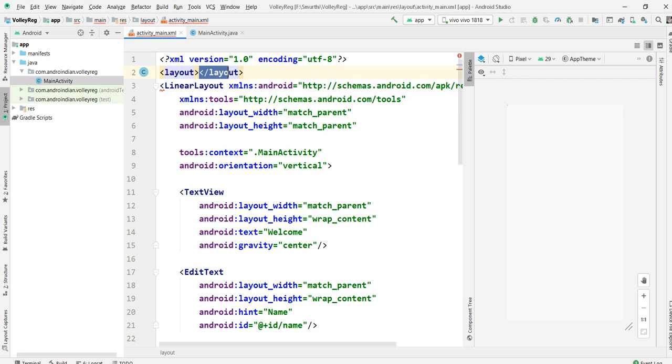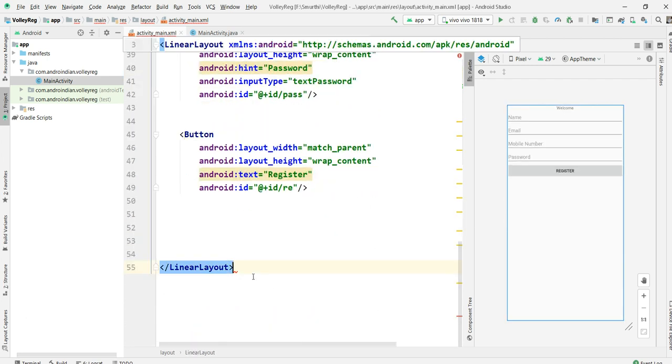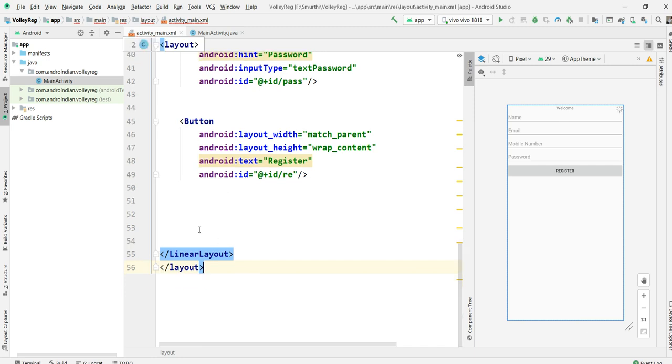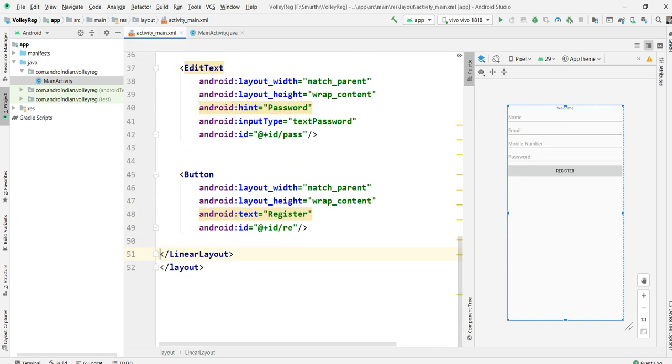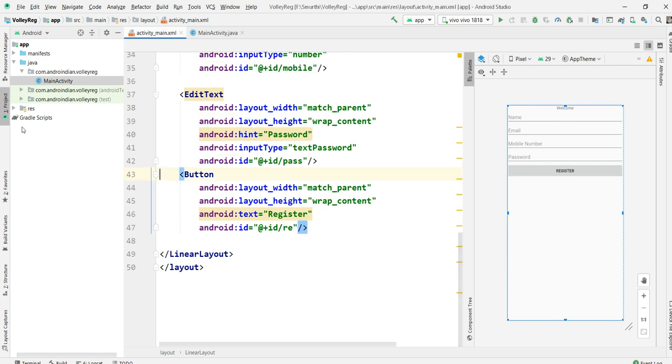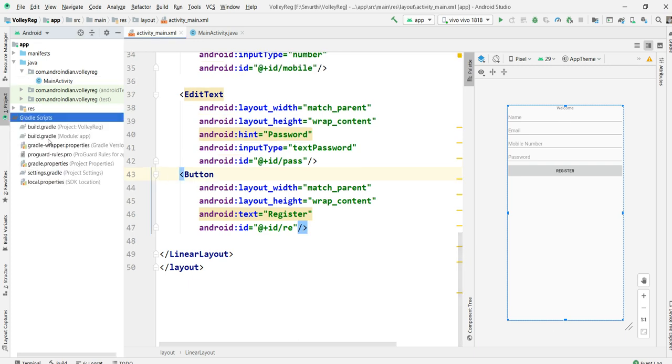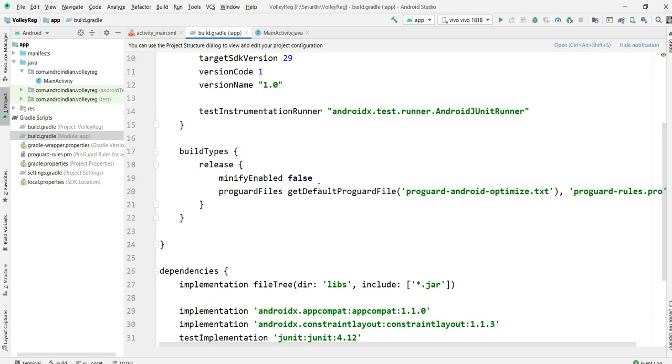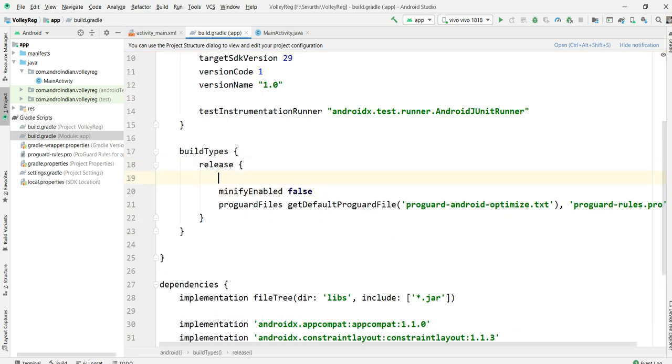As we are on a new version, I want to go with data binding. I'm applying the data binding for this. We need to apply data binding in Gradle: dataBinding dot enabled equal to true.